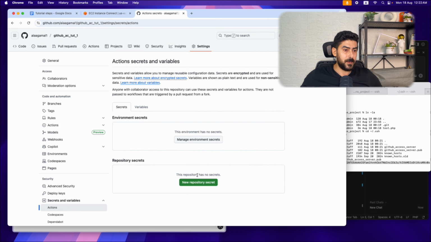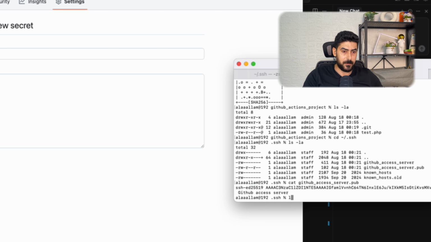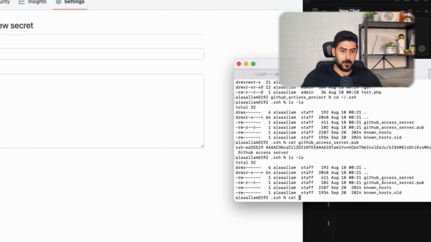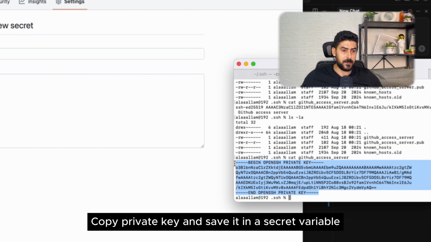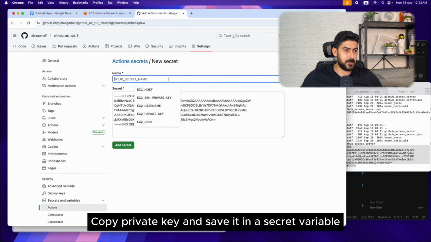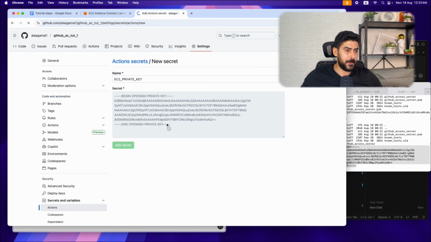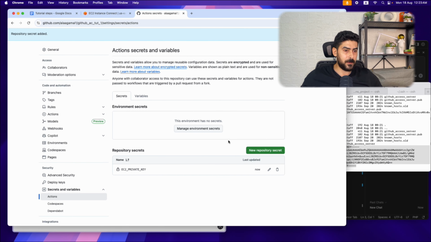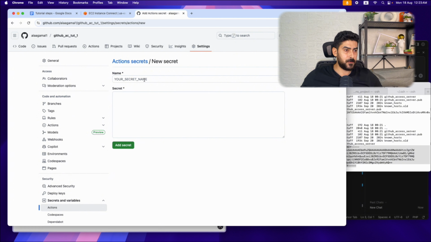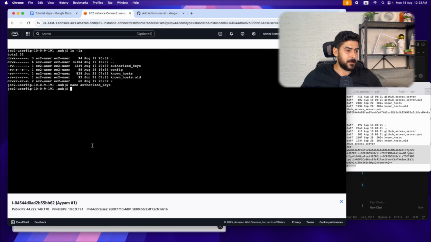Now we're gonna create a new repository secret, and I am going to read the private key. I'm gonna copy the key, and then I'm gonna paste it in here. Let's give it a title. Let's make it EC2 private key. Okay, now we're gonna need to create another repository secret. We are going to say EC2 host. I'm gonna copy the IP,